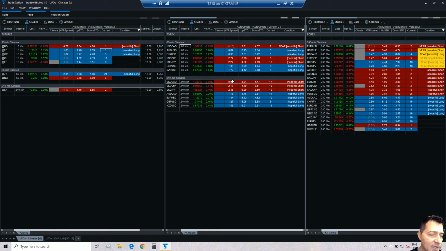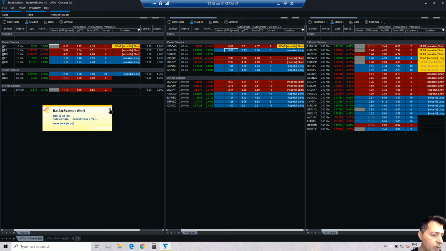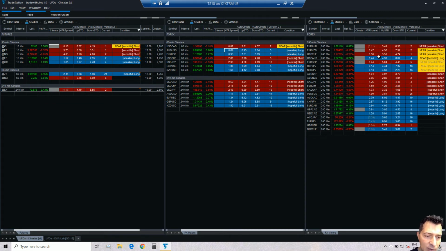Okay, US dollar CAD here, almost going to hit 0.5, and it would flash golden if that's the case, but it's hopeful, so that one is not good. This is 222111, so that's too far. 11122, yeah, 069. So the Aussie US dollar may be something that we need to check later on. We got a sensible with the crude oil that is just flashing right here. Okay, but the climate is not confirmed, as you can see with crude oil, so we will pass on that one. What else we have?